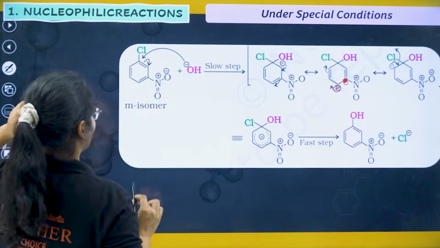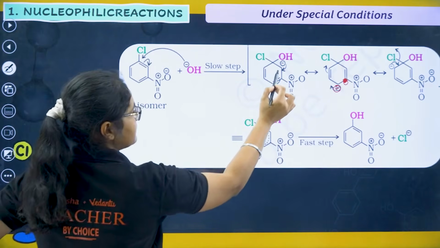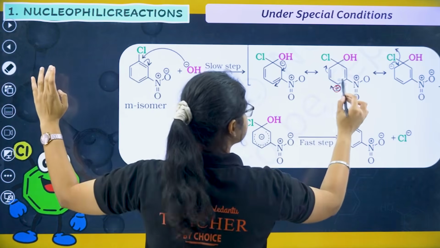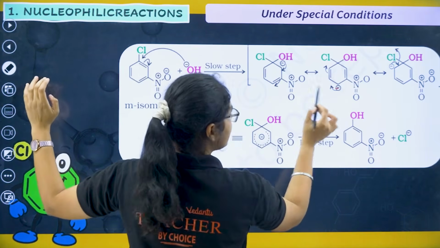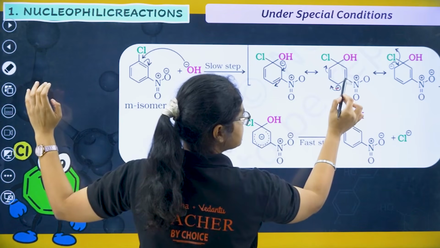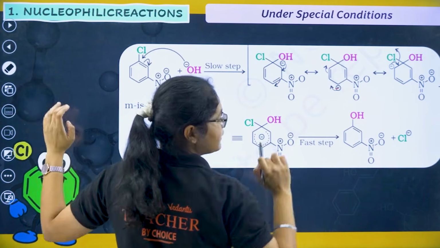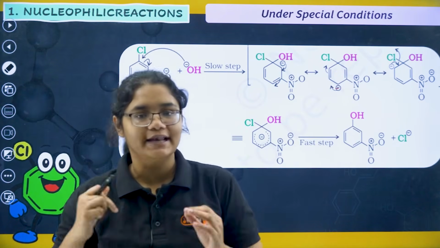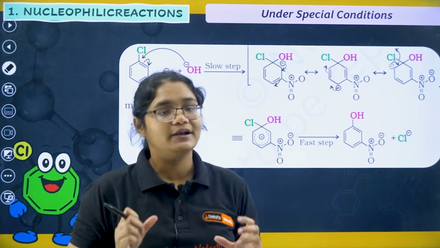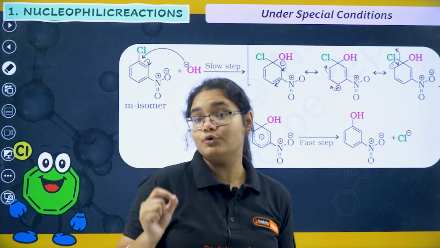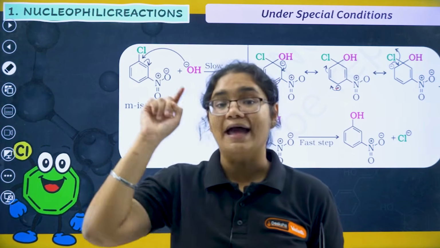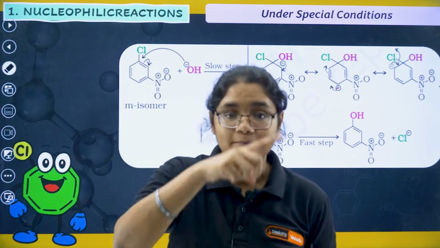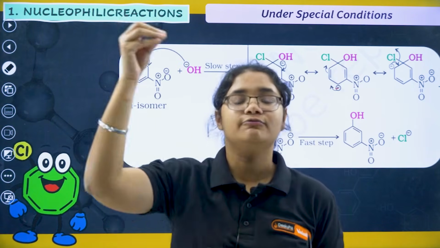But when I am having the meta position, these electrons first come here, then there is a double bond here, then it comes here, then these electrons move here. There is no position where this carbon has the electrons. So if this carbon is not getting electrons, the NO2 cannot steal the electrons, it cannot reduce the electron density. So that is why if the NO2 group is present only at ortho and para position, then only it can steal the electrons, make the benzene ring poor, and the nucleophile can react.